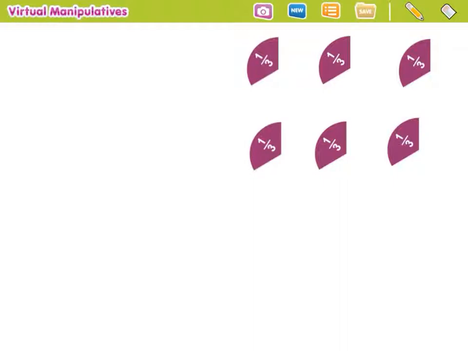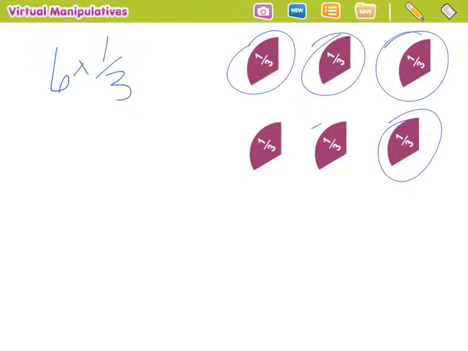So the problem that I've illustrated for you right here is 6 times 1/3. As you can see, I have 1/3 of a circle 6 times. So I got 6 of these, because that's what 6 times something means: you have 6 of something, and what's the value? So 1/3 times 6. Well, if I were to assemble them back into circles,